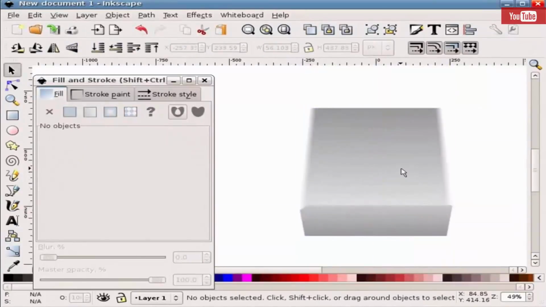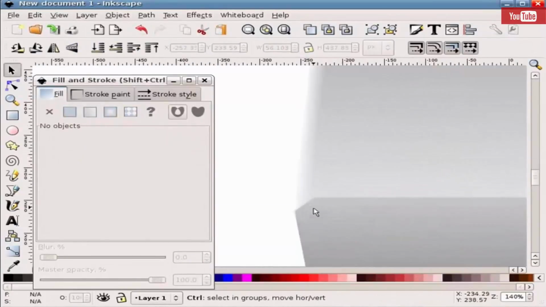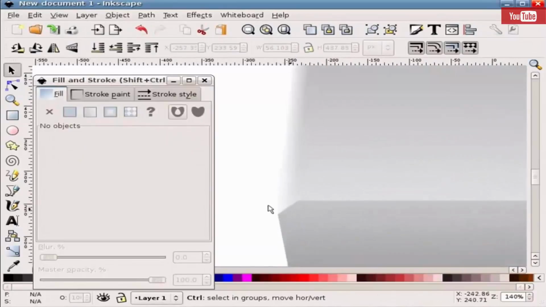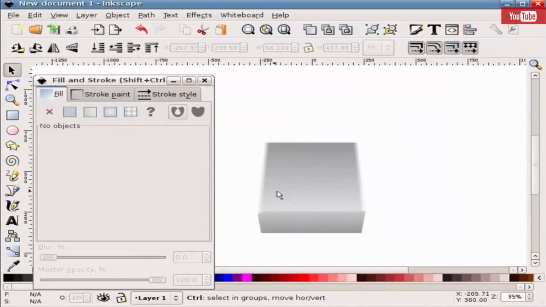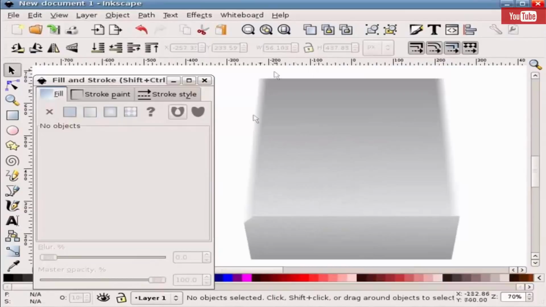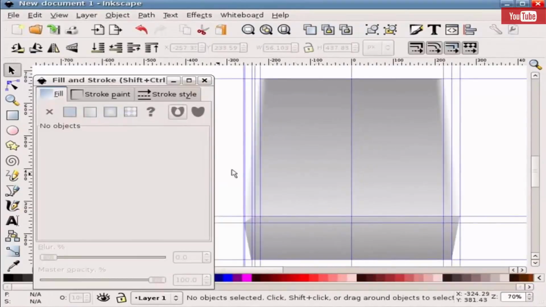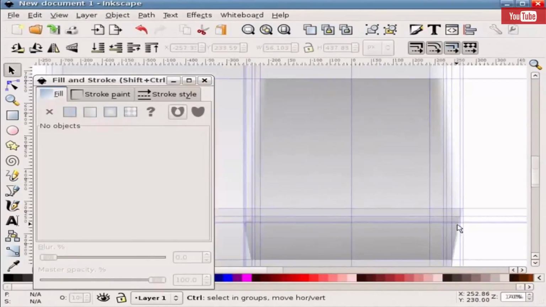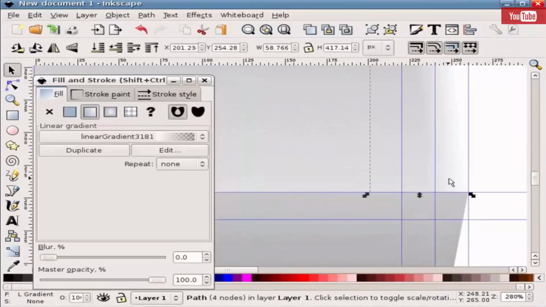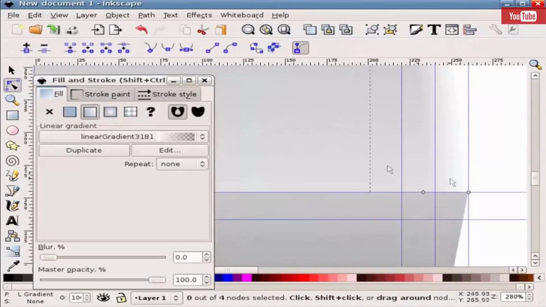Now if I hide the things, you can see the effect I'm getting here. It's kind of a chamfered corner. Alright, now if I turn the guides on again, I can still have the horizontal one. I'm going to have to, for the sake of time, recreate the other guides that I needed,